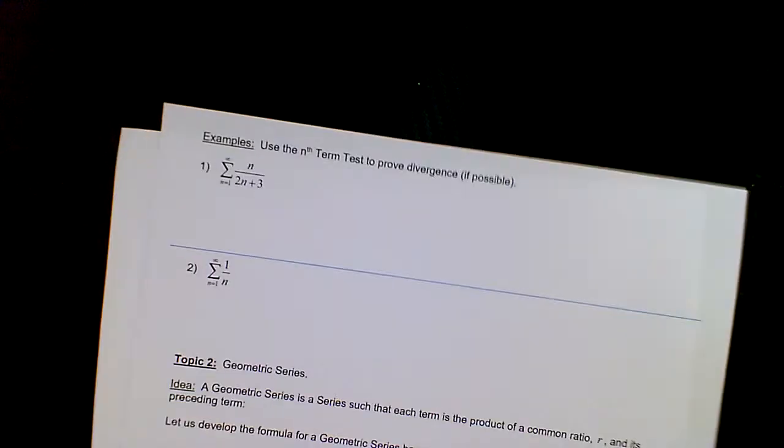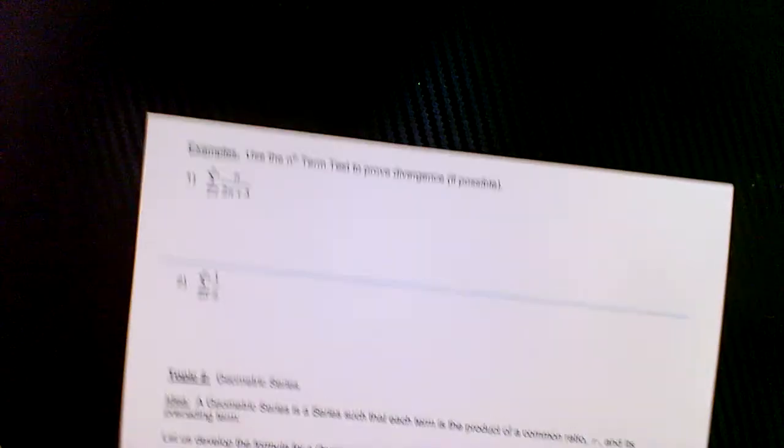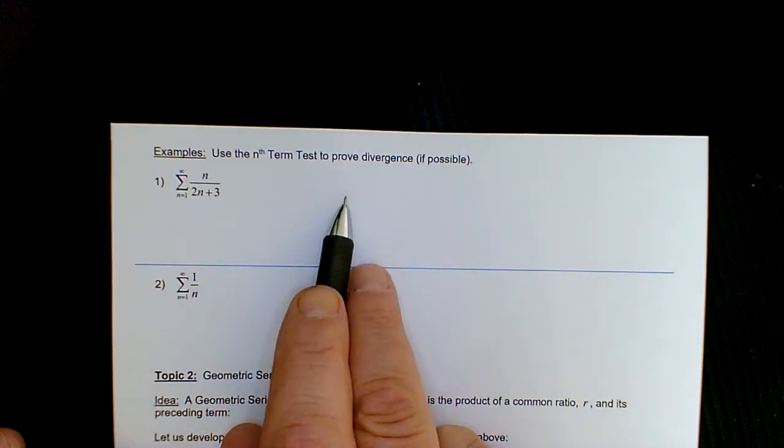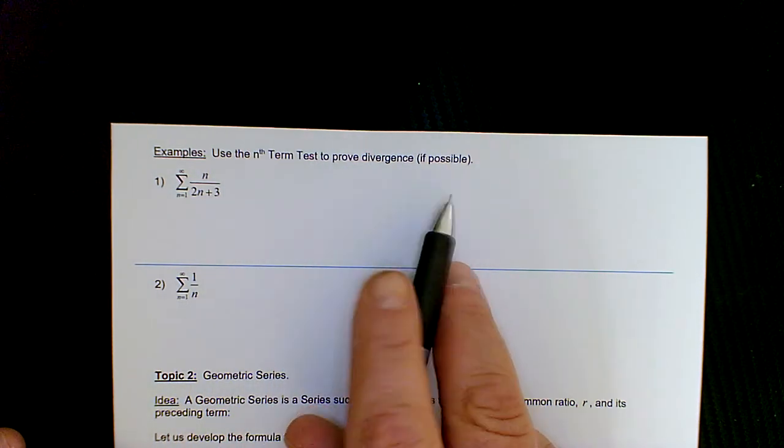And again, don't make this more difficult than it is. Just follow the rules. If you could read that table, you're going to be fine, because all it says is use the nth term test to prove divergence if possible. And if you look at the table,